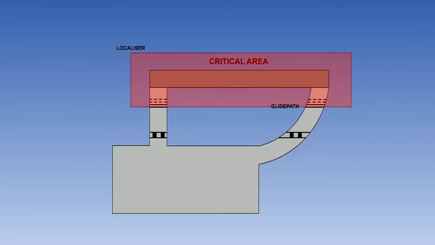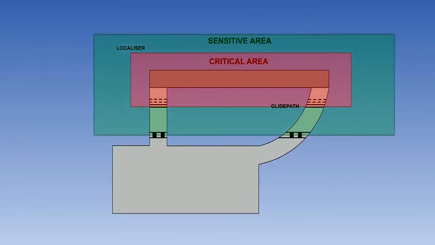In order to protect the ILS signals from interference, critical areas are established around the antennae, where vehicles and aircraft are excluded. Sensitive areas are also established beyond the critical areas where movement is controlled. During poor weather operations, holding points before takeoff may also be positioned further away from antennae.